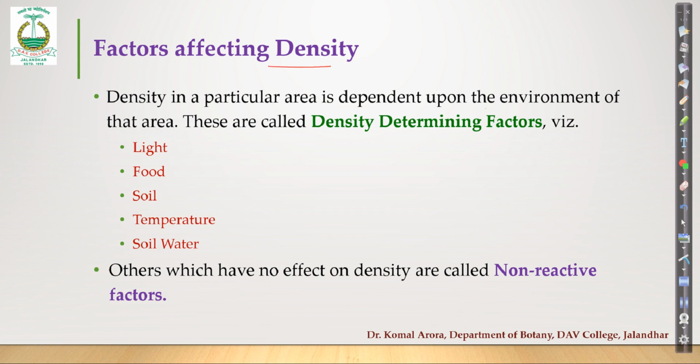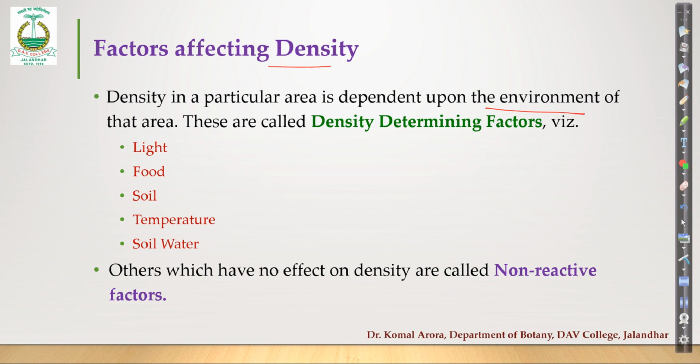Basically, this is the environment around those species which affects the density. Like if a few plants find themselves favorable in that environment, like all the conditions of light, temperature, rainfall, humidity are comfortable for them, then obviously you will have more plants of that respective species. And the species for which the environment is harsh, which is not able to adapt to that particular situation, then the number of individuals of that species will be lesser.